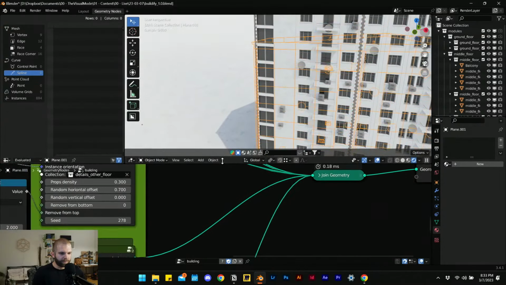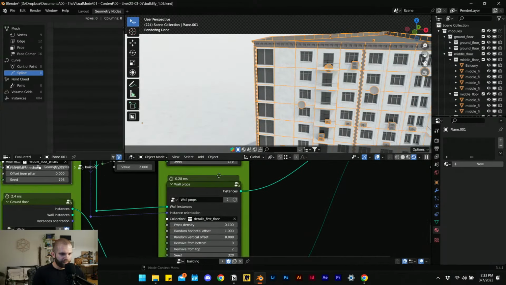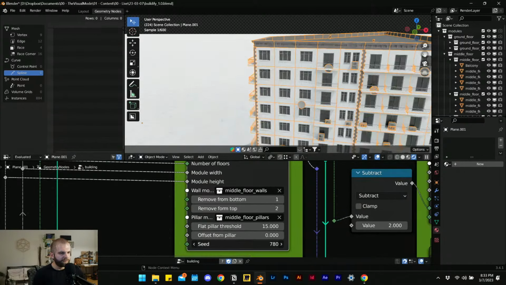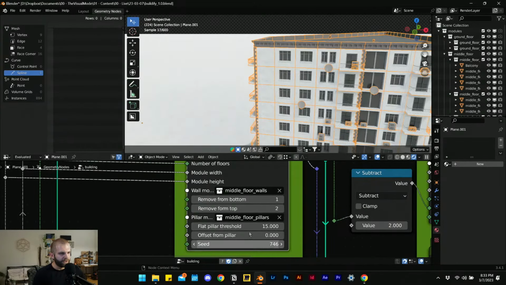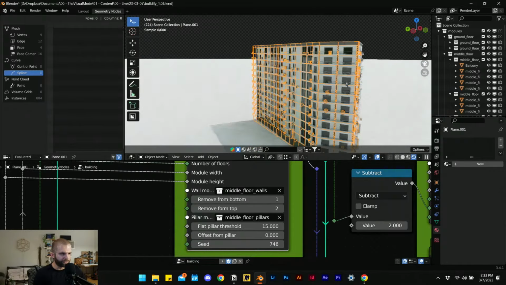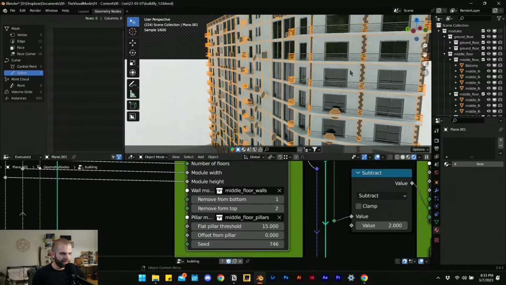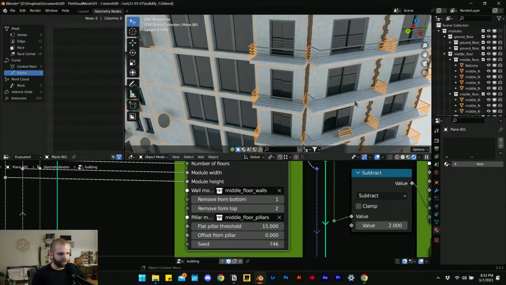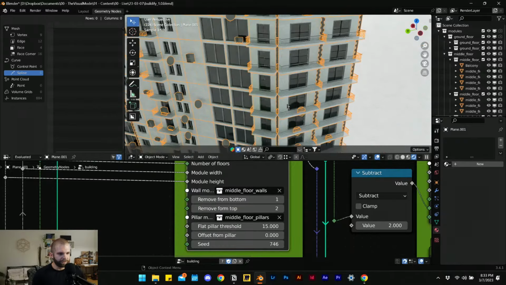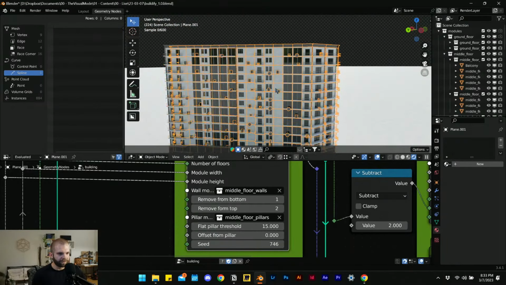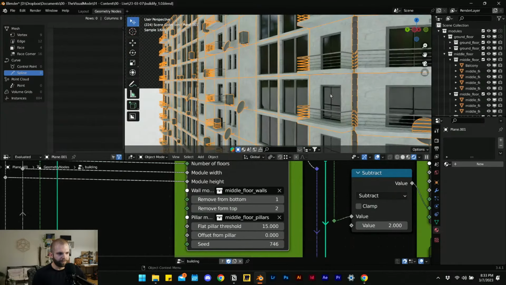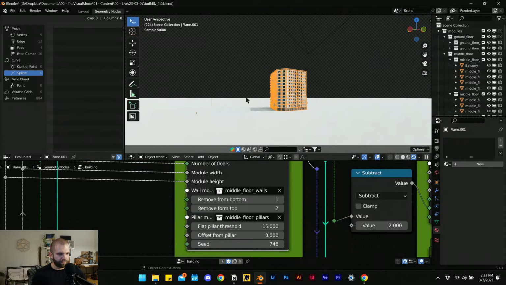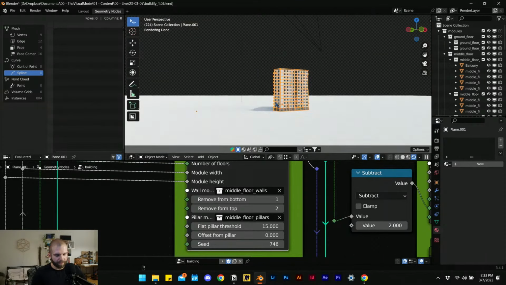I can expand here on my geometry nodes, go to my middle section, middle floors, and I can mess with the seed here. And we can see that that populates, moves throughout, works with the script seamlessly. We see that the balcony elements are also working there and pretty extended. It'll kind of stretch to fit however it needs to onto that face, which I think is kind of nice. I mean, if you were to scrutinize it from up close, maybe things start to look a bit distorted, such as the mullions. But from far away, I mean,